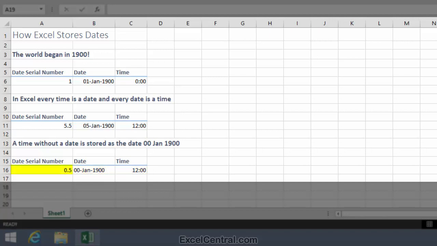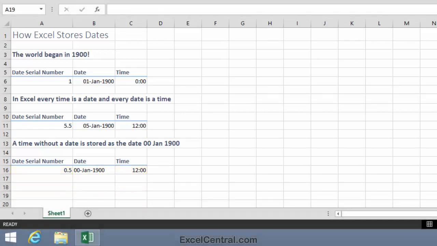You can see that the date serial number in cell A16 is 0.5. That doesn't relate to any date at all, so Excel regards this date as the 0 of January 1900, but it does relate to a time, the time 12 o'clock midday.